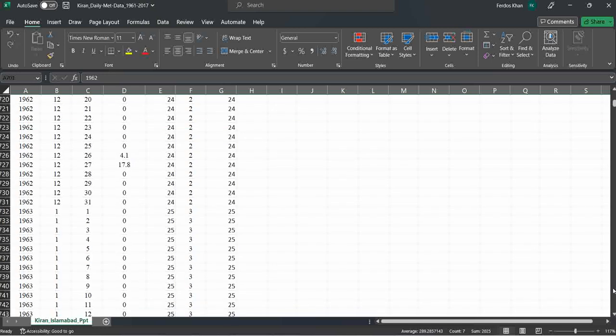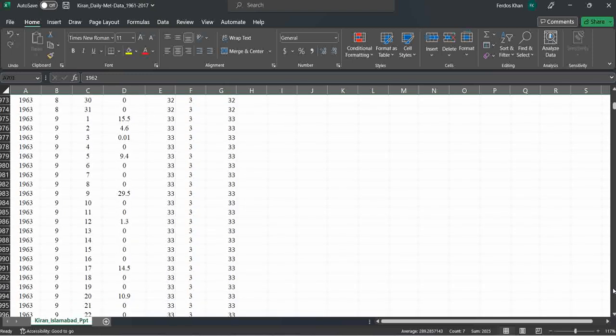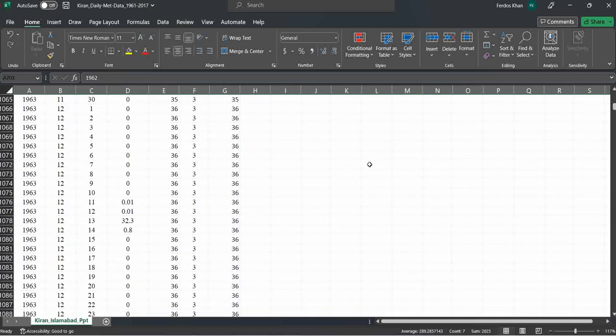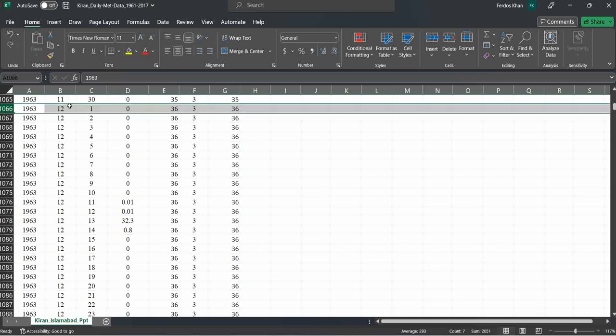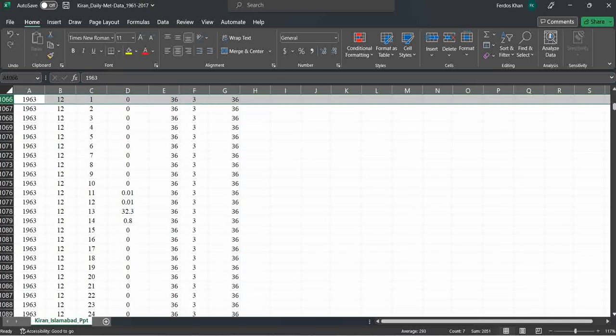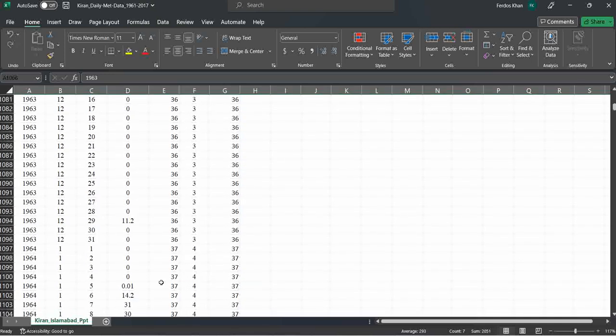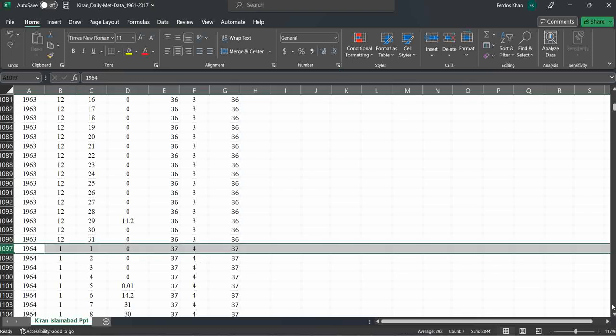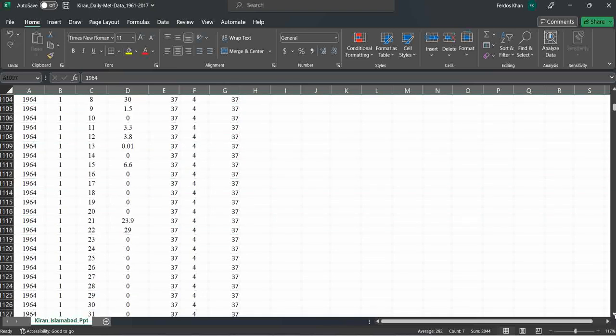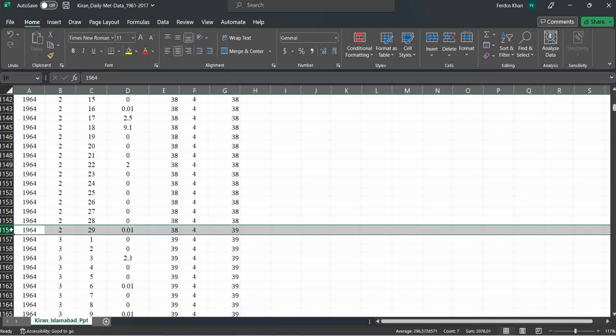So let's see, 63 is not a leap year. However, let's check whether it is correctly started. Start from here, and you can see it starts from 36, correct. However, you can see this is 1964 and this also correctly starts from 37. Let's see, because here February will be 29 days. Remember that still